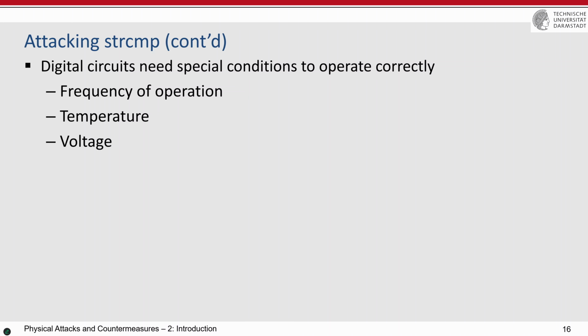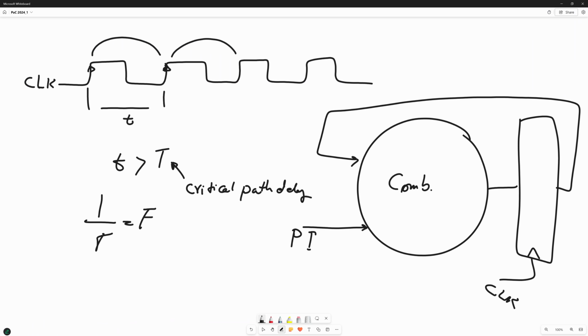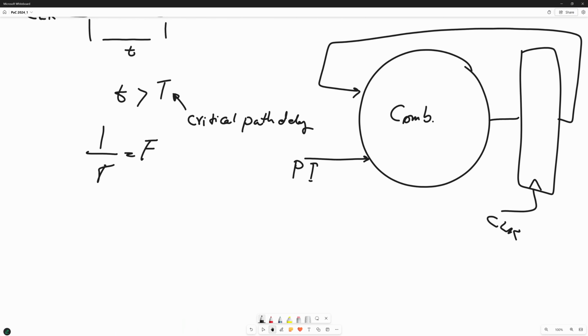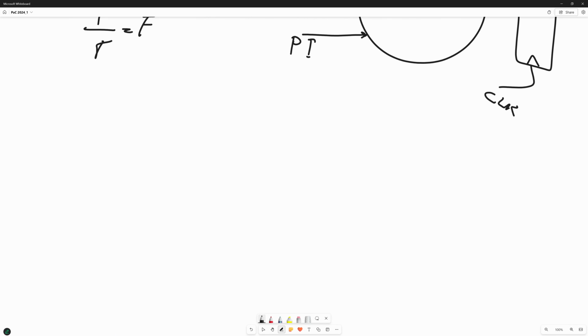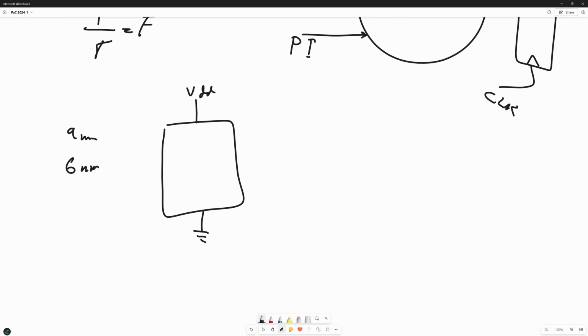And the voltage, you heard about the voltage. I don't know whether VDD is known to you. Every cryptographic device or every electrical device has the ground and it also has the VDD, the voltage that you have to provide. And depending on the technology, for example, my mobile phone has a processor of 6 nanometer, and before it was, for example, 9 nanometer, and before was 16 nanometer, and then 28 nanometer,